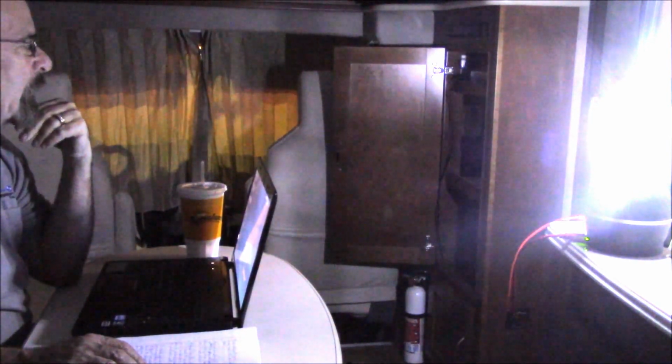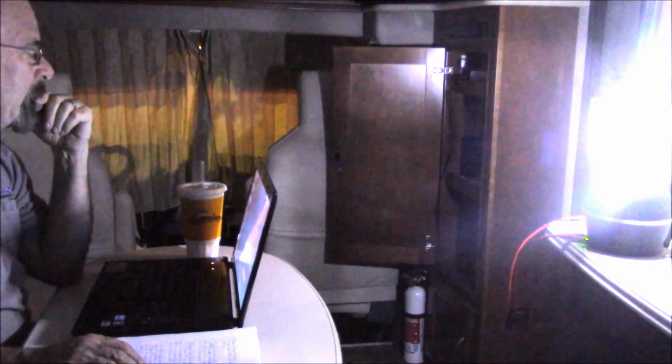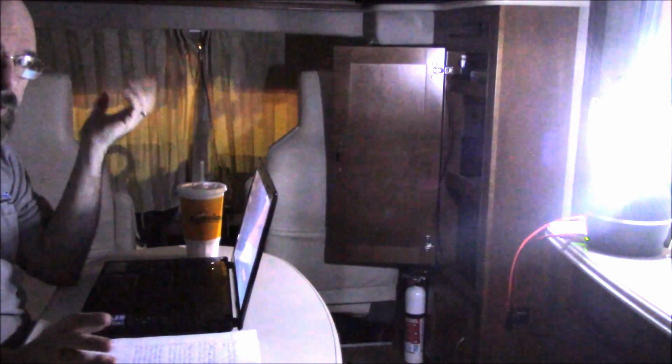Previously today I was watching the presidential debates, and so I had the TV plugged in up there, and I'm in a boondocking position. I'm in a parking lot here in Las Vegas. This is one of my tests, boondocking. So anyway, what I did is plugged in my inverter, and the inverter is hooked up to the TV, and then I also plugged in the